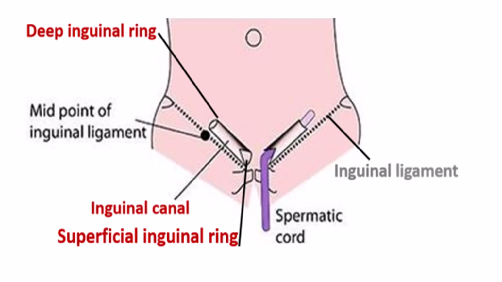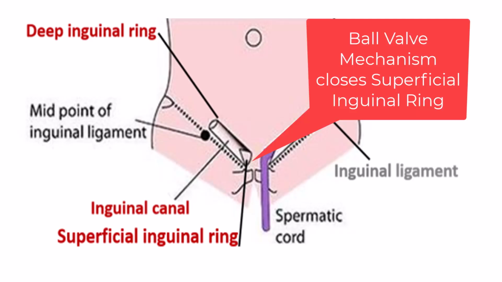Another mechanism is the ball valve mechanism, also called the plugging mechanism or the cork. Just like on the top of a bottle, if it's open and by means of a cork you plug it or close it, it acts like that. Although this is a minor but fascinating reflex, it's an autonomic reflex that does this valve-like mechanism, and this mechanism physically blocks the exit door. And the exit door of the inguinal canal, you know very well, is the superficial inguinal ring. So it's a mechanism by which the superficial inguinal ring is closed if the pressure is increased.